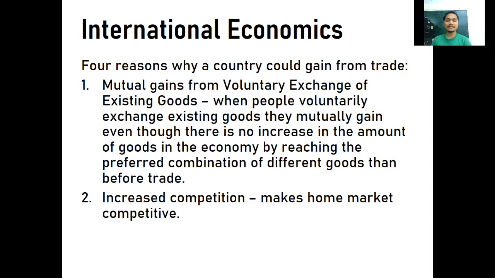The second is to increase competition. It makes home market competitive. So increased competition, no? Pataas to kung nagpataas no ang pag-compete no sa mga goods and services. Okay. And the next,